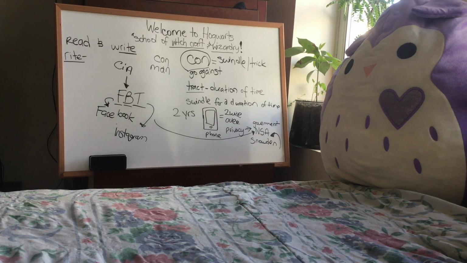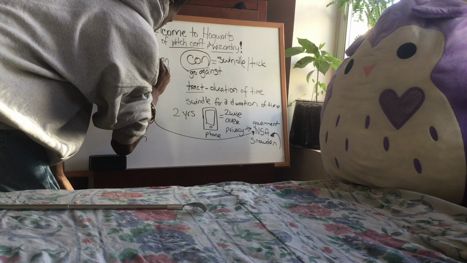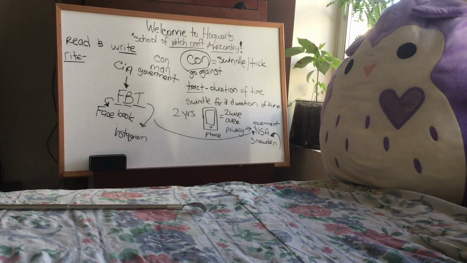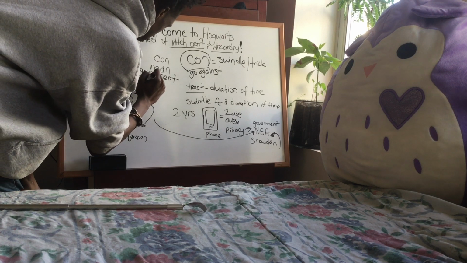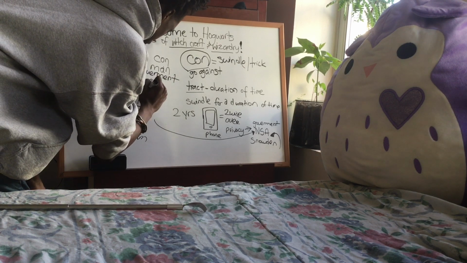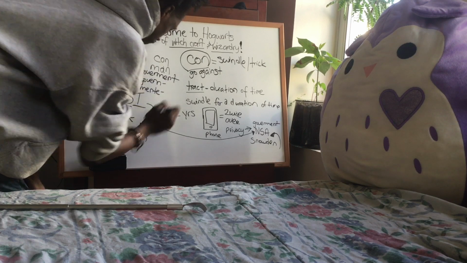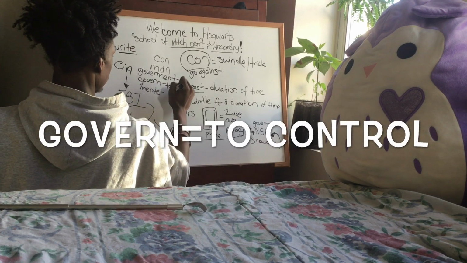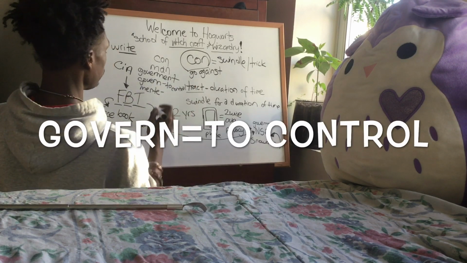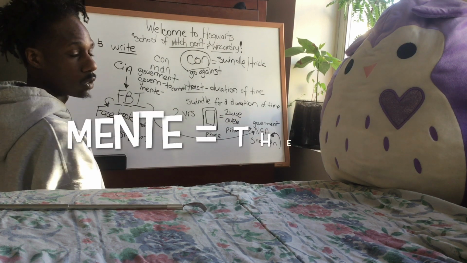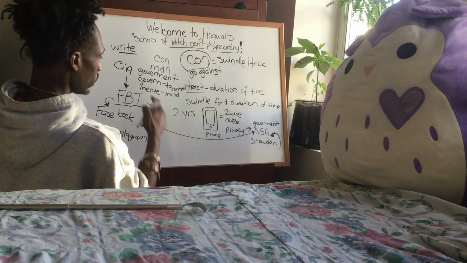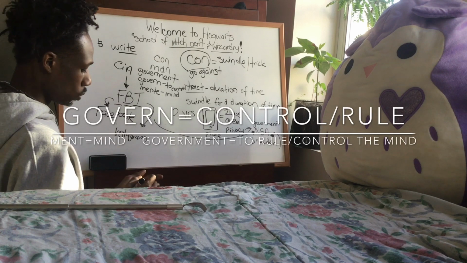So for example, the word government is really two words in one, because of syllables. Syllables separate the different words or sounds. So the word govern, which is one word, and the word meant. Now the word govern means to control, and the word meant is Latin. It means of the mind, or pertaining to the mind, or mind by itself. So the word meant means mind.